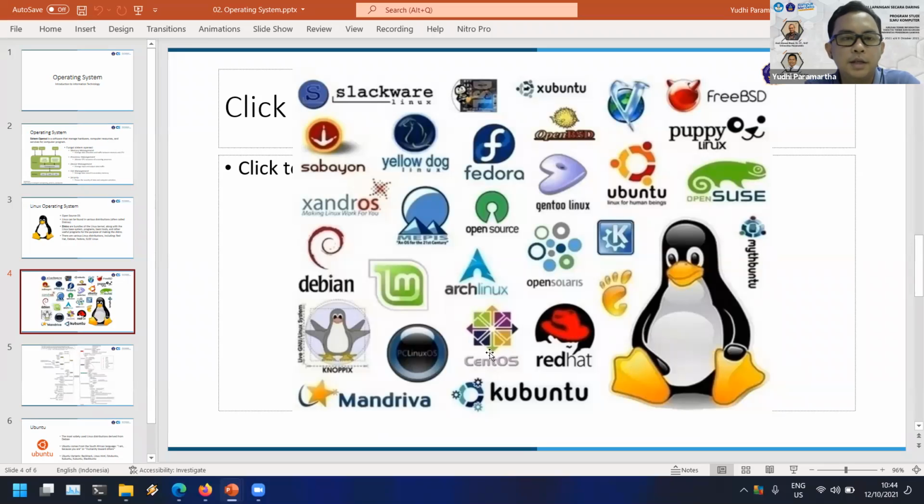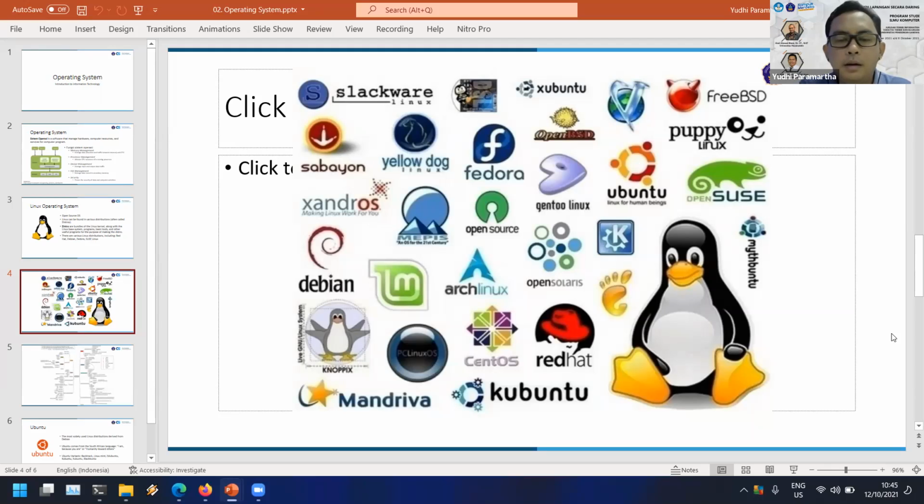It's the same with Debian: Debian is more for enterprise users, but Ubuntu is for the consumer. Ubuntu is based on Debian, so when you use Debian, most of the commands and most of the software will be compatible with Ubuntu.